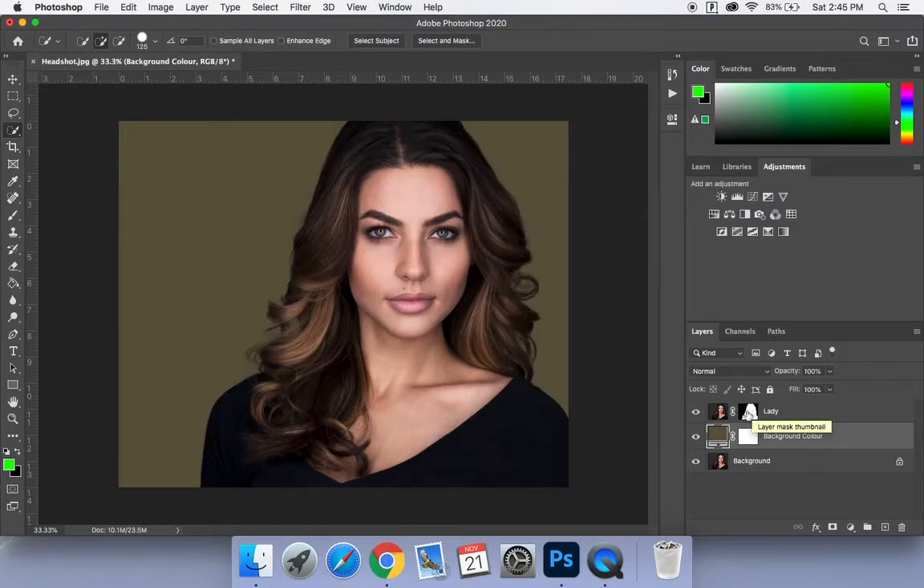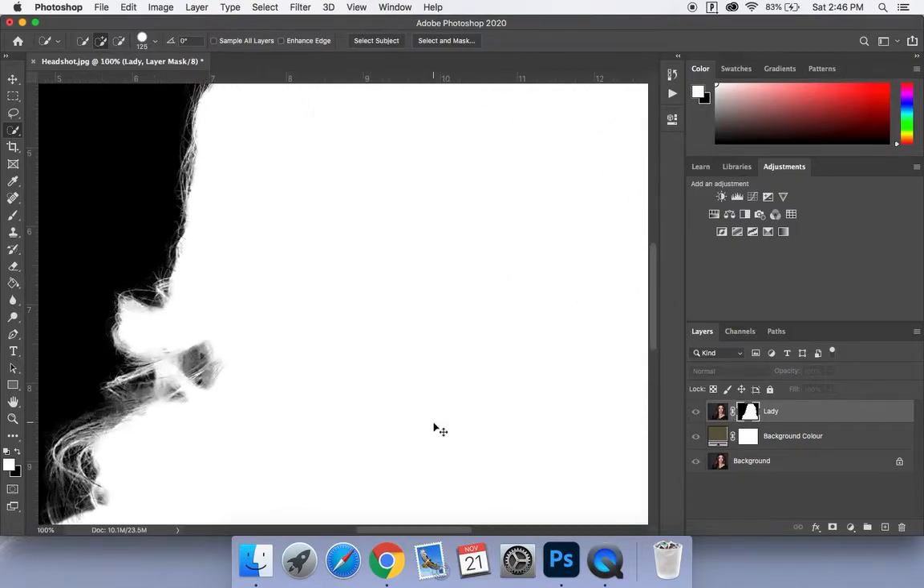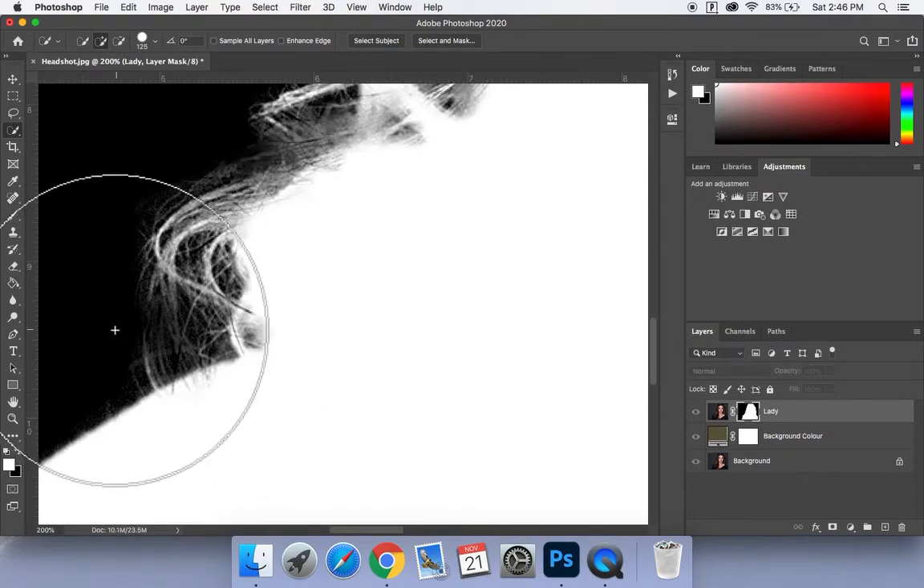And now if you hold Alt or Option and click on this mask, what it does is invert it like a Polaroid so that we're just viewing the mask only. We're not actually viewing the image. And this is where we can go ahead and refine this mask by jumping into our brush tool